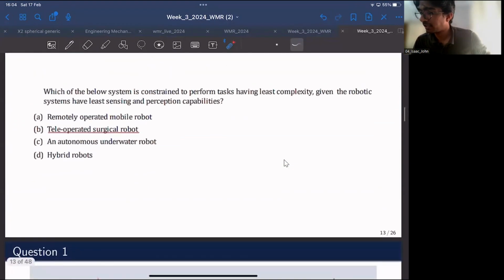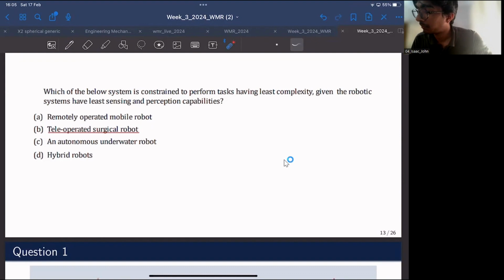So I suppose the question is clear. Yeah, I think the question is also somewhat confusing. It says if the system is constrained to perform tasks having least complexity, given the robot system has least sensing and perception capabilities. Okay, so I think the correct answer should be remotely operated mobile robot, because